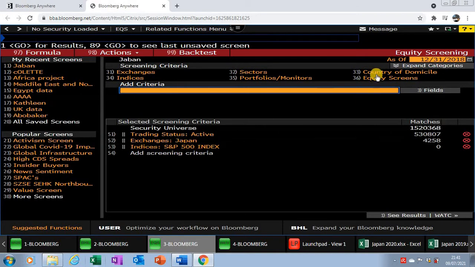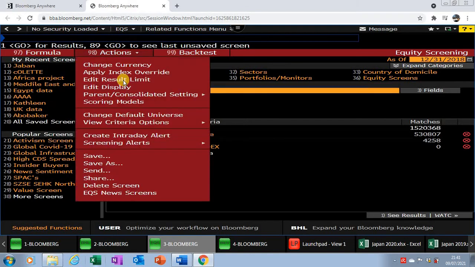index. If you'd like to get data on a specific country, which is bigger than the stock exchanges, you go to this option, which is 33, the country of domicile here. As I told you, it's saved here. You can go back and save it. You have some options, just go and check for each of these, but I think I focused on the most